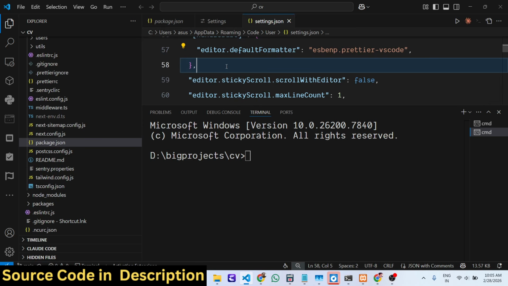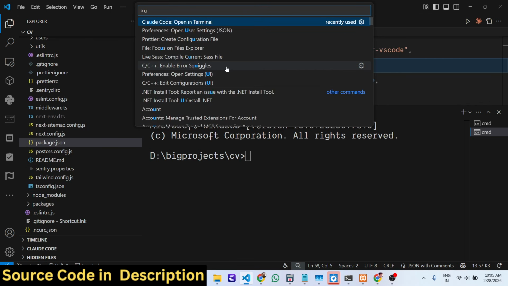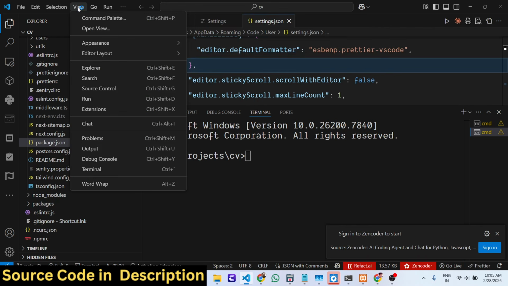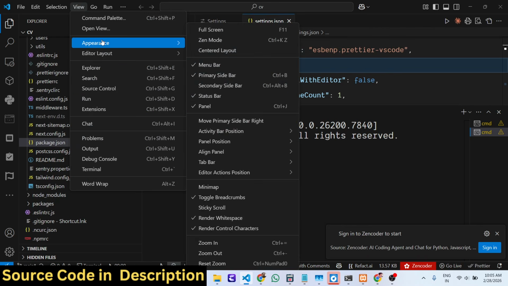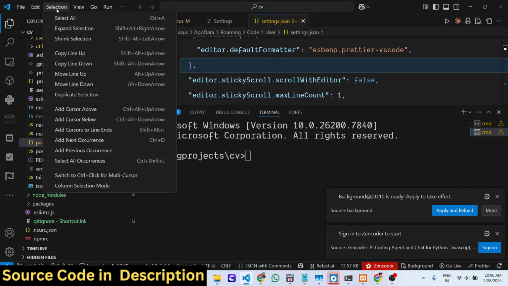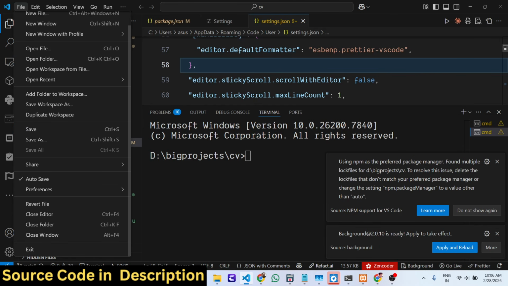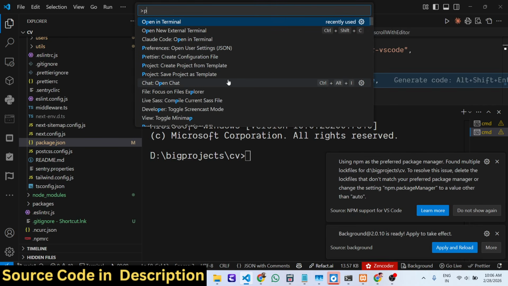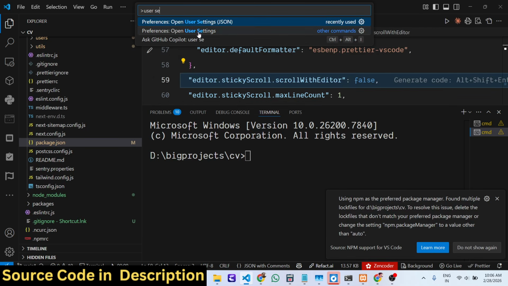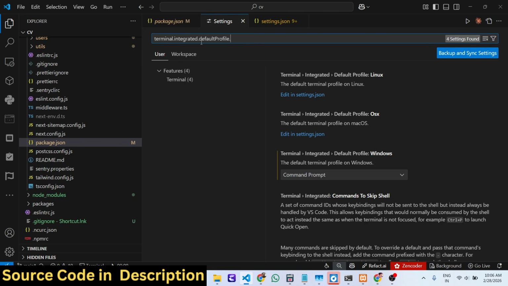You simply press Ctrl Shift P, and this will open the command palette, and simply search for user settings. Or you can go right here, which is view, and preferences you need to go to. I think it is inside, yeah, you can simply open Ctrl Shift P, simply type user settings, or you can simply select this option user settings, and right here you need to search for this property which is